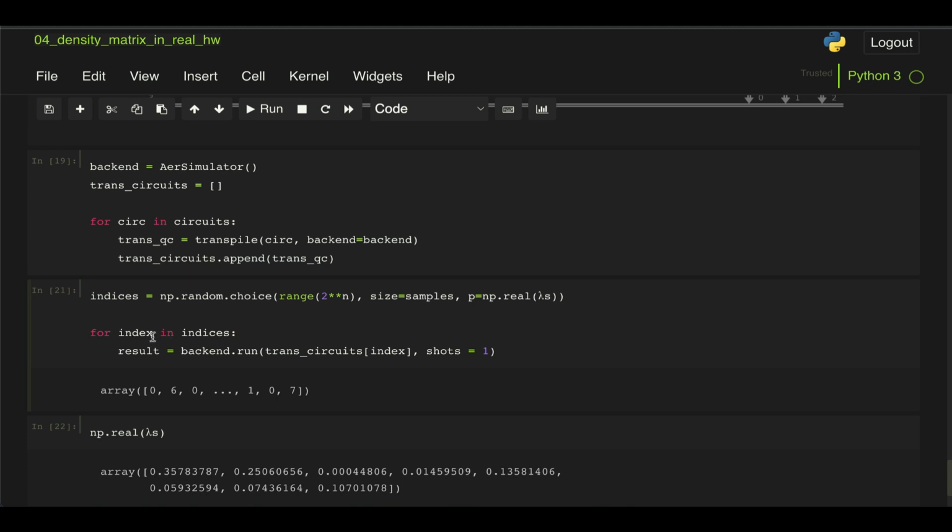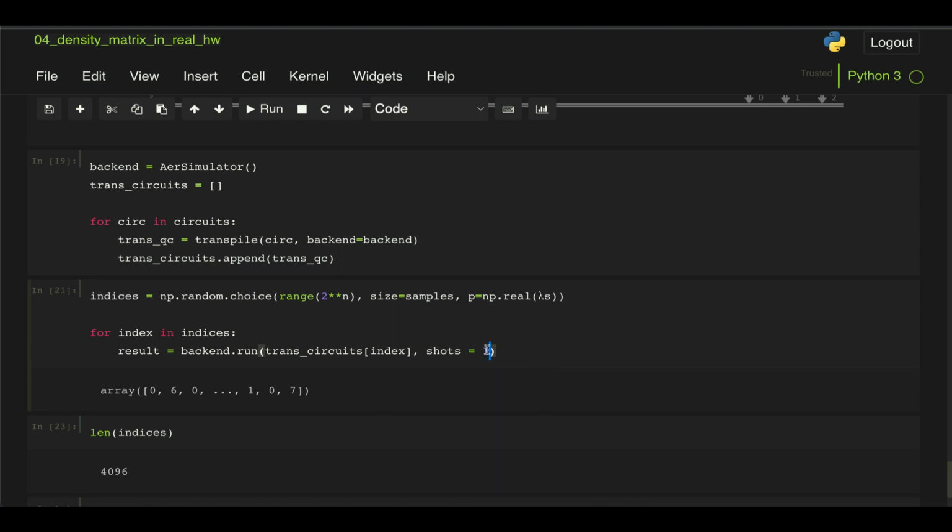So these indices are already the 4,096 shots that we want to execute. So here we're iterating 4,096 times, sampling a circuit corresponding to this list of indices, and then executing the circuit